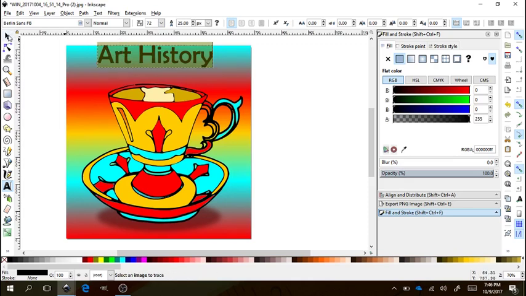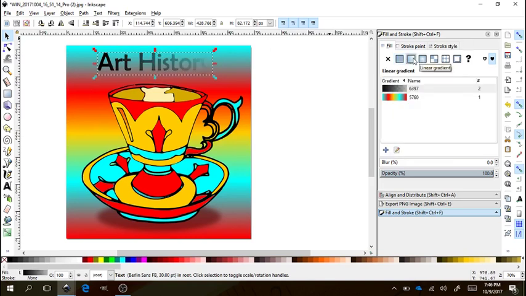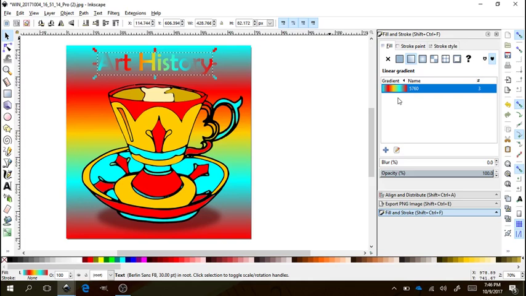I can use my selection key and move it down. I can also change the color of it. I can make it a color that matches the bottom, and if you notice when I click on the gradient, I can choose the gradient that I used before. If I think that that's not going to work very well because it doesn't show up,